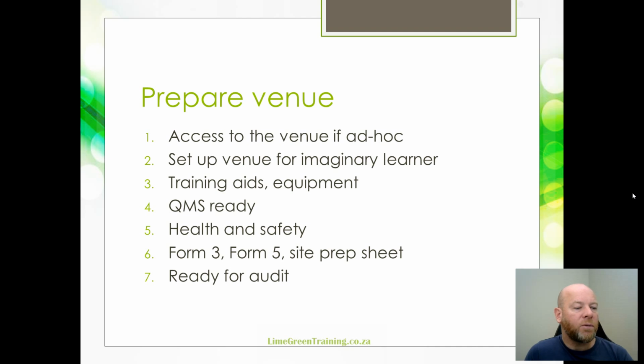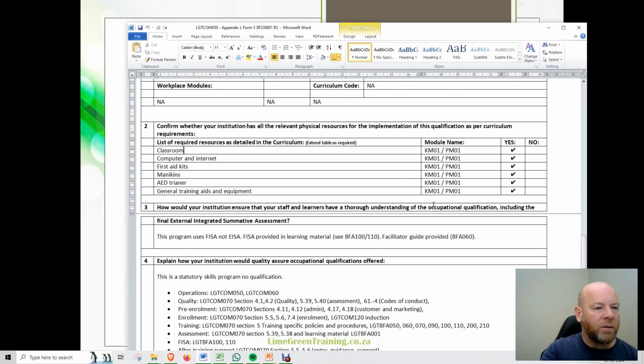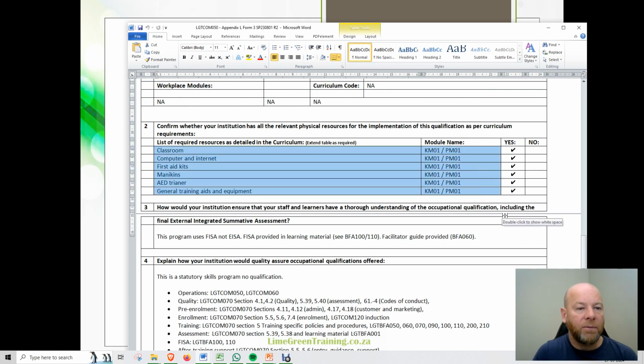Forms 3, Forms 4 and the site audit prep sheet are 3 documents that are directly related to the readiness of your site. So let's have a look at those quickly. So let's have a look at Form 3. This was part of the learning material, and I've aligned it to the QMS here on the bottom, but I've also aligned it to the curriculum, and the curriculum for this particular